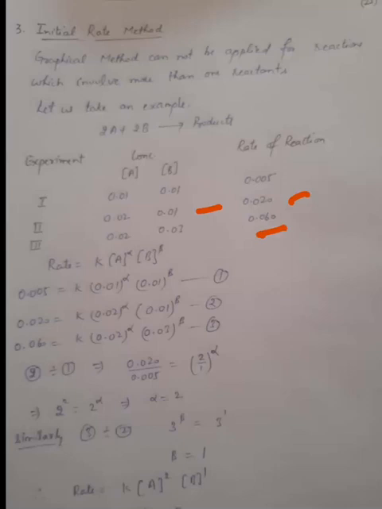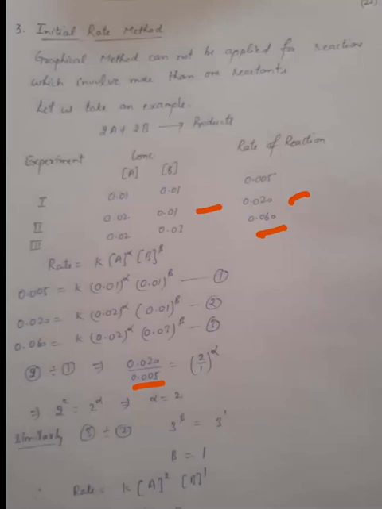Let us consider the rate of the reaction is rate equal to K, A to the power alpha and B to the power beta. This we have taken as a general reaction. So by putting the values from 1 to 3, we get this one. What we will do now, we will see which reactions have the same concentration of A or B. In reaction 2 and 1, we have concentration of B same. So if we divide 2 divided by 1, 0.020 divided by 0.005, 0.01 will be cut by 0.01, K will be cut by K.